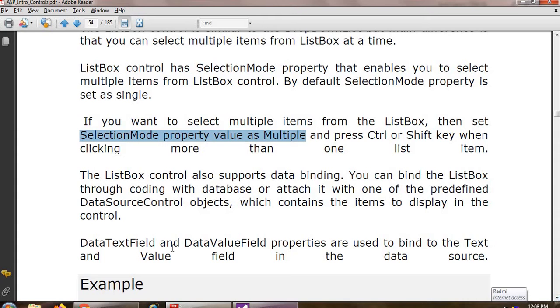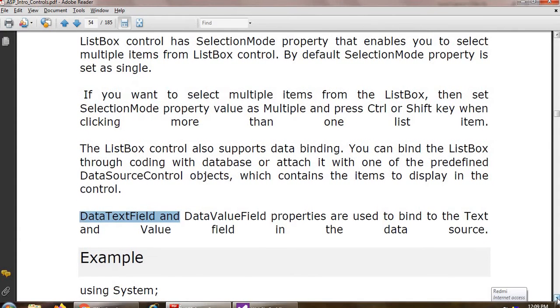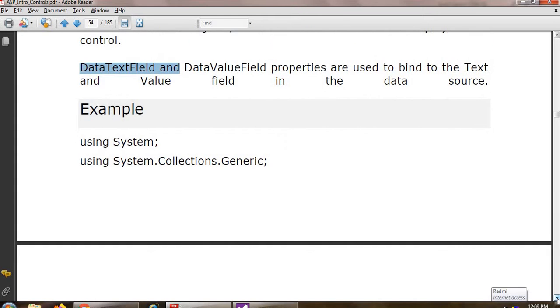There is one property, the data source control, where you specify your path with database name and table name. And second, you can set the data text field and the data value field properties. With the help of these properties, you can bind your text as well as the value from the data source. So let's take one example to clear this idea of how to use the list box control.